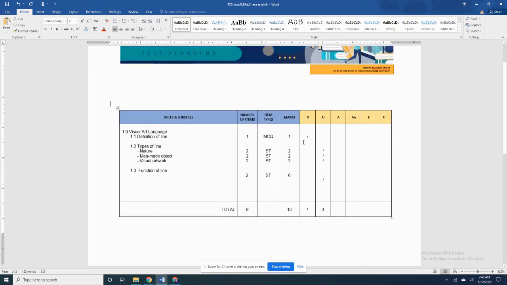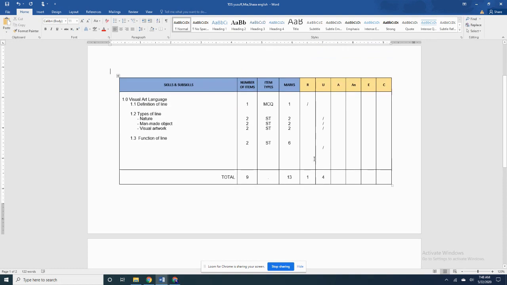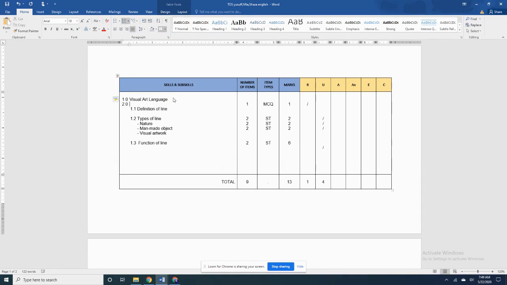The next one, this is arts educations. The rest are okay. It looks fine. You have structure and multiple choice. It's just that because this is a TOS, and TOS has to be specific. From visual art language, dia tak boleh terus masuk definition of line. Dia kena ada macam mukadimah sedikit. So 1.1 line. Alright, and start the rest with 1.11. So I'm just gonna, okay, tab is not working in a table, rupa.